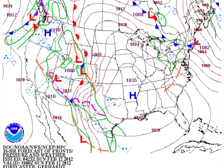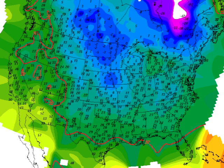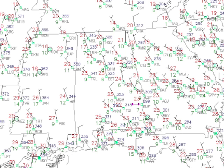Mississippi. High pressure at the surface is maintaining its hold on the pattern across the southeastern U.S., and of course that's partially allowing us to be pretty chilly this morning. It is rather cold across the midsection of the country, minus values up there around the Dakotas, and a few minus values stretching down into the western sections of Iowa and the eastern sections of Nebraska. So you can see the real cold. I'd say probably a good 80% of the country below the 32-degree mark. And we're certainly below the 32-degree mark. You can see the observations at the various airport locations, most of them somewhere in the vicinity of the 20-degree